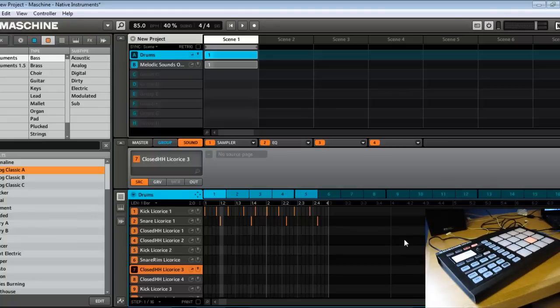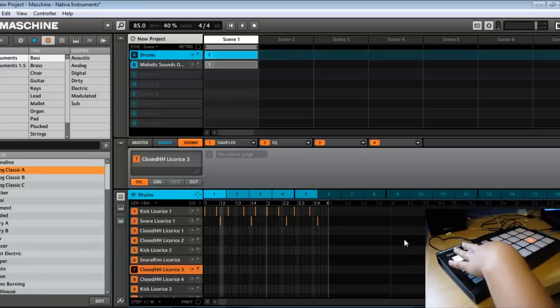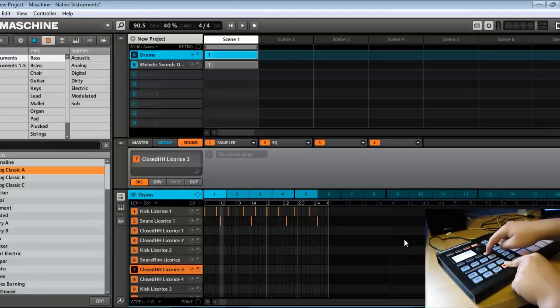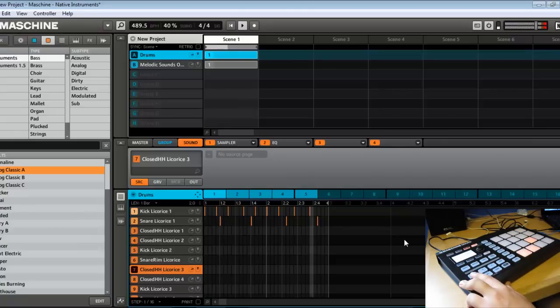Now this is very, very useful, especially if you're chopping samples. Like I said, I usually start with my sampling. I'll chop some samples or chop a record, chop some songs or whatever. And say you don't know the tempo of that song, you can just click shift and tap the enter button right here. So you can see right here, you just tap it and the tempo will change depending on how fast you tap it. So if I tap it really fast, now we've got a tempo of 489.5 beats per minute. So let's see how fast that goes. I don't know any song that would